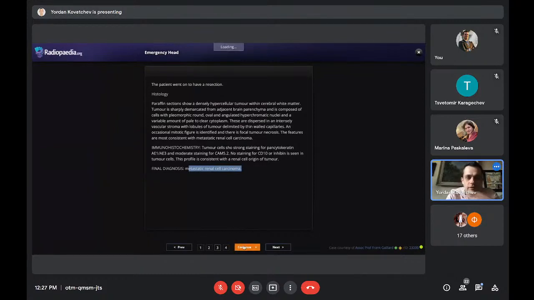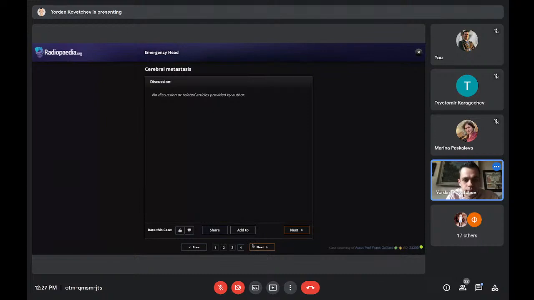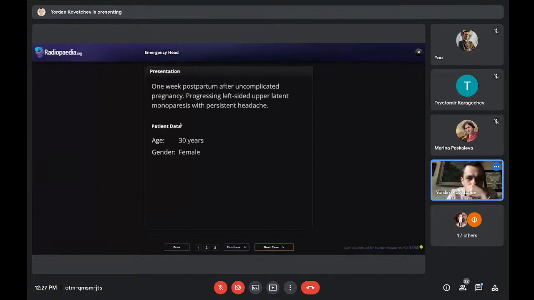One more case. Okay, I had this patient a few weeks ago, I think. And I want to show you this example because this is something that really frightened me. It was 3 o'clock at night. And I got a call that we're going to do a CT scan of a woman that was pregnant, who 1 week ago has just had her baby.